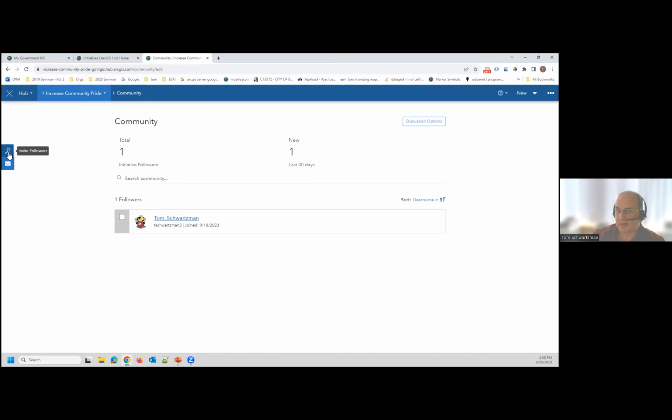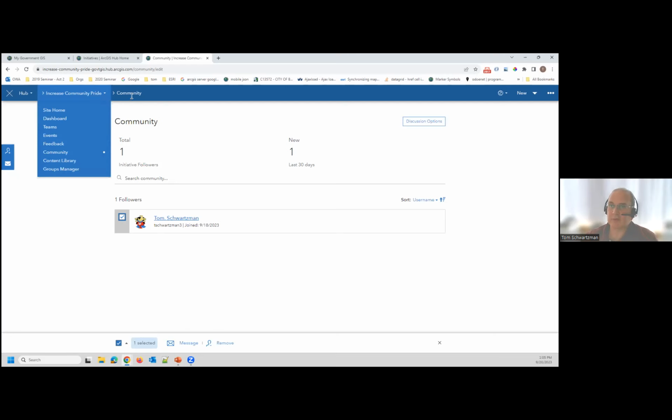So there's not a lot to do here, but I can invite people to follow. I can message the followers, right? If I want, I can send a message to a group of them. I only have one, but I can message that person, or I can message everyone, like, hey, check out the new content on our initiative around this new event coming on September 30th. Come help clean the park or whatever it is. So I have those tools as well, and